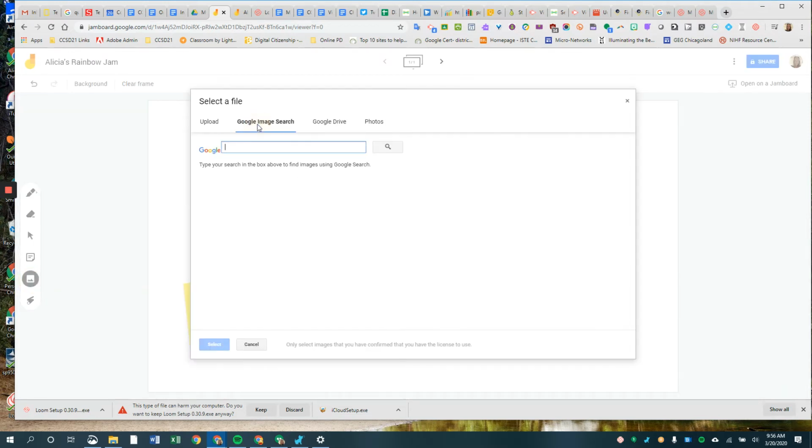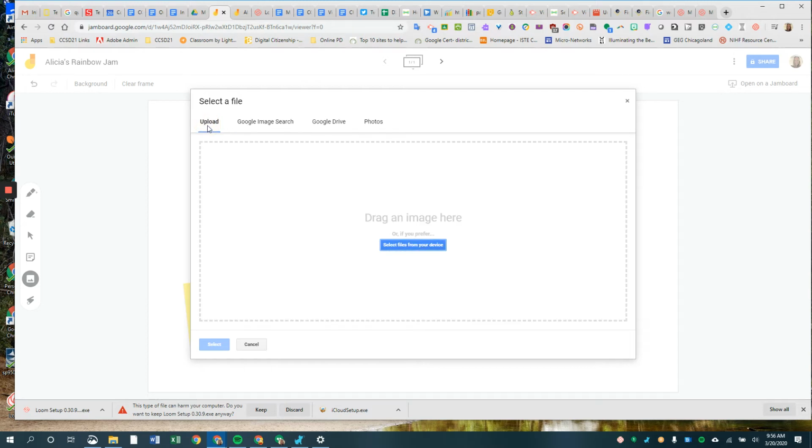You can add an image. For Google image search, just be careful. You can see here, only select images that you have confirmed that you have the license to use. That means it's not doing a search on just copyright friendly images. So generally we'll try to stay away from that and use a photo that you already have or that you found and saved to your computer from a copyright friendly website like Pixabay or Unsplash,